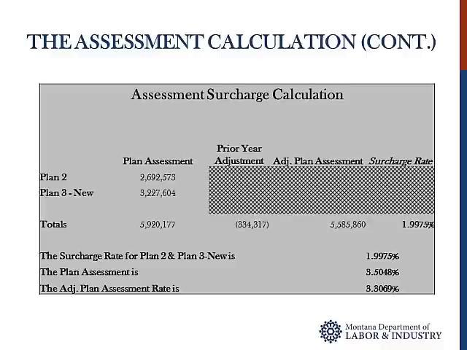As mentioned earlier, when we apply the assessment rate to Plan 2 and Plan 3 employers, we must convert that rate to a surcharge rate that is applied to the premium they pay to their insurer. Statute requires that all Plan 2 and Plan 3 employers must be charged the same rate, and it is applied to the premium they pay to their insurer. Plan 2 and Plan 3 employers account for 81% of paid benefits, thus 81% of the overall budget. The budget amount for Plan 2 and Plan 3 employers is then adjusted for the prior year over-collection or under-collection. The total amount after adjustments is then divided by the total premium in the previous year to determine the surcharge rate.